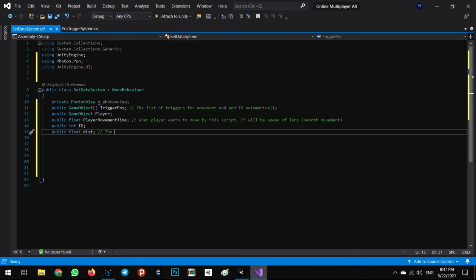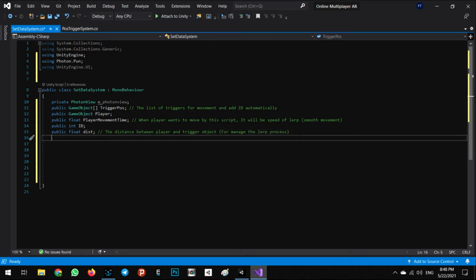It is the distance between the player and the center of the trigger object. It helps us with managing the LERP method, for managing the LERP process, and also